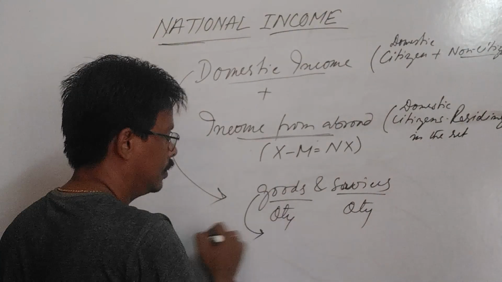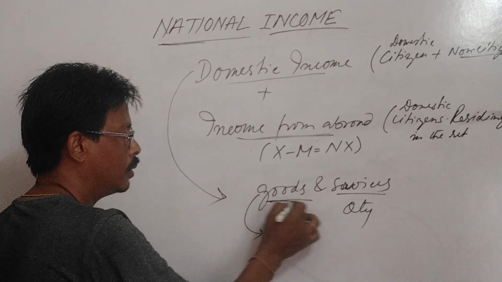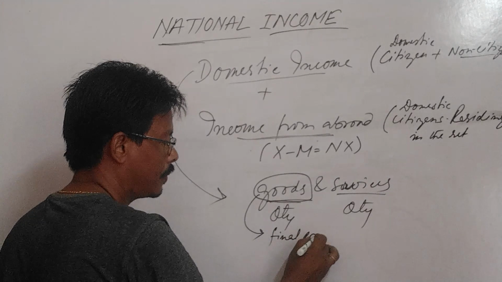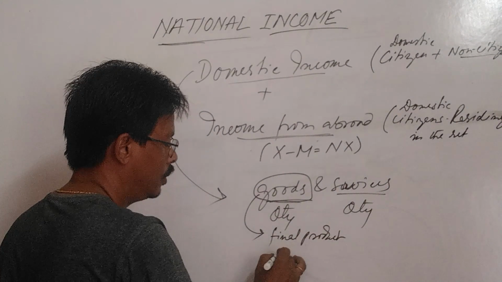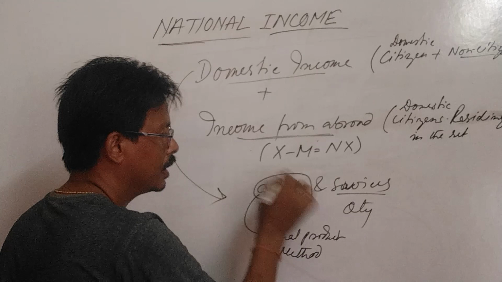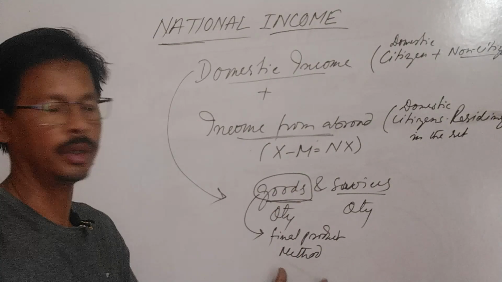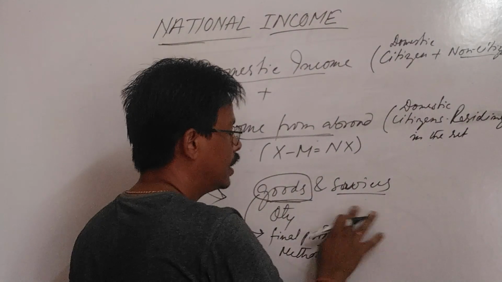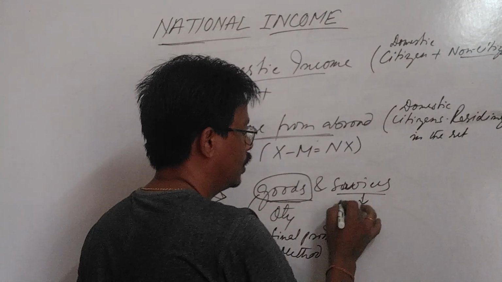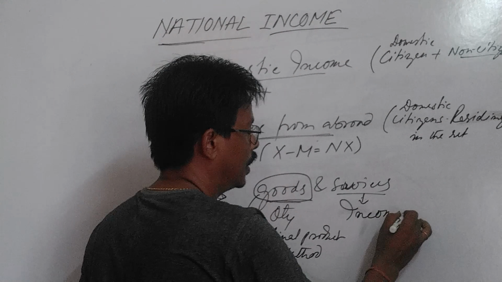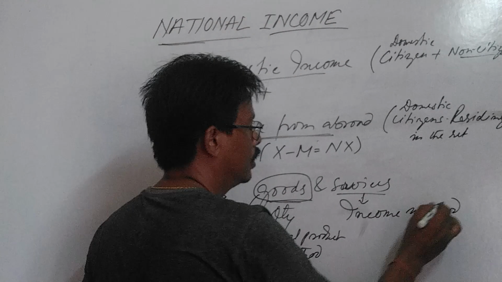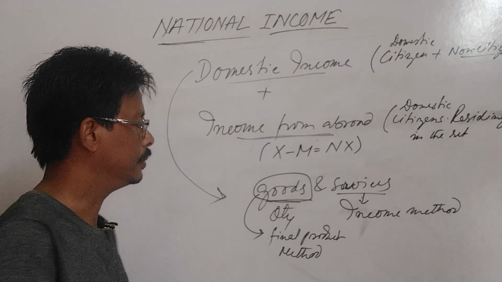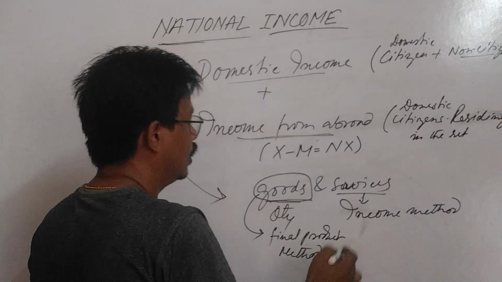To calculate the accounts of goods, we may take the final product method to account national income. But in case of services, we couldn't take this method because it is not quantitative. So in that case, we'll take the help of the income method. In this way, in calculation of national income, we may go through different methods,